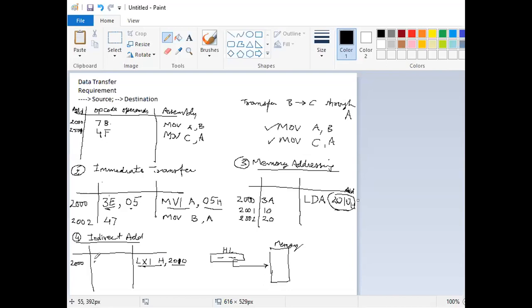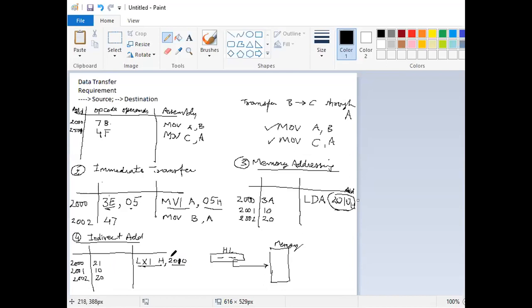So at address 2000, the operation code 21 will be stored. At address 2001, the least significant byte, that is 10, will be stored. At address 2002, the higher byte, that is 20, will be stored. So what you have done is initialized the address.